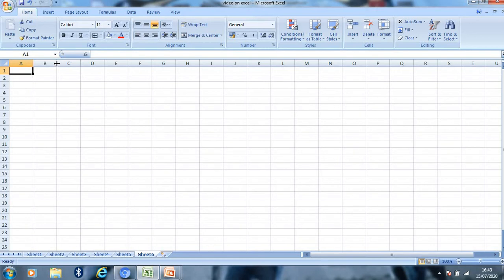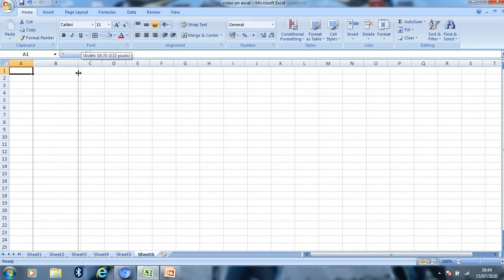Then press the left button of your mouse and drag the boundary. Like this, the width of your column widens. Or you can also adjust the width to a smaller or bigger size.